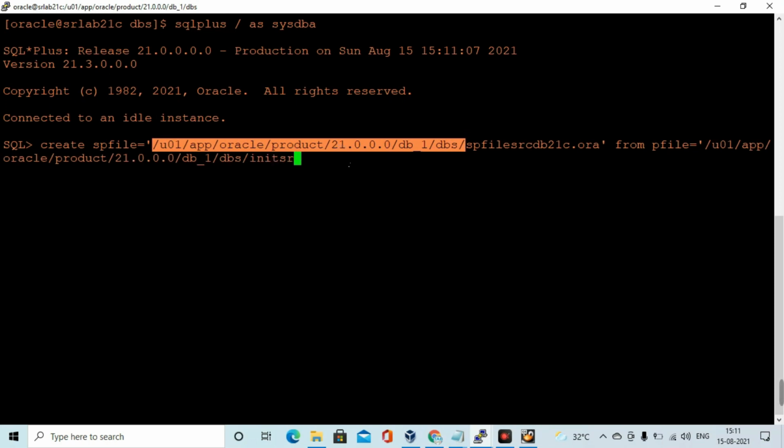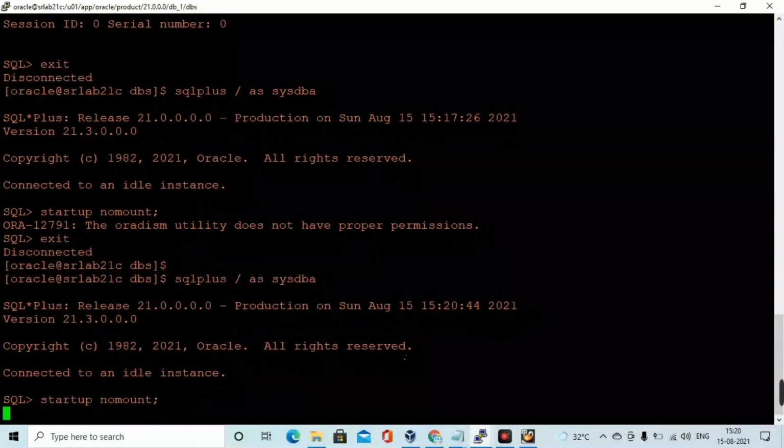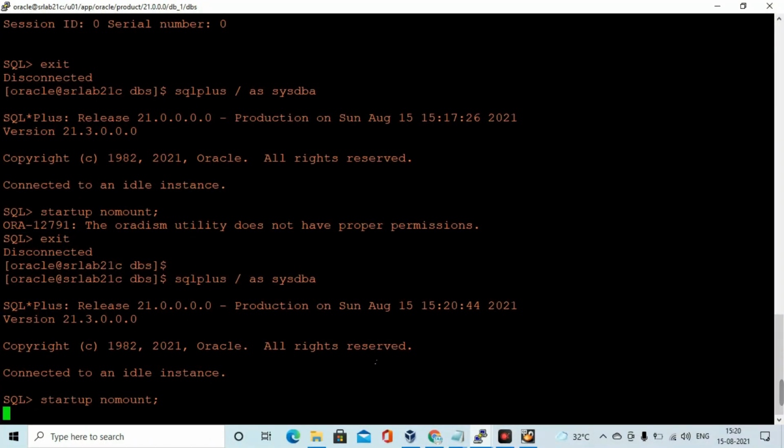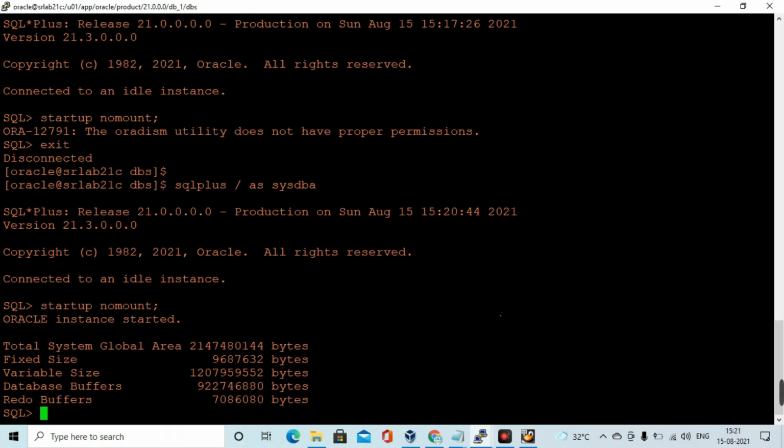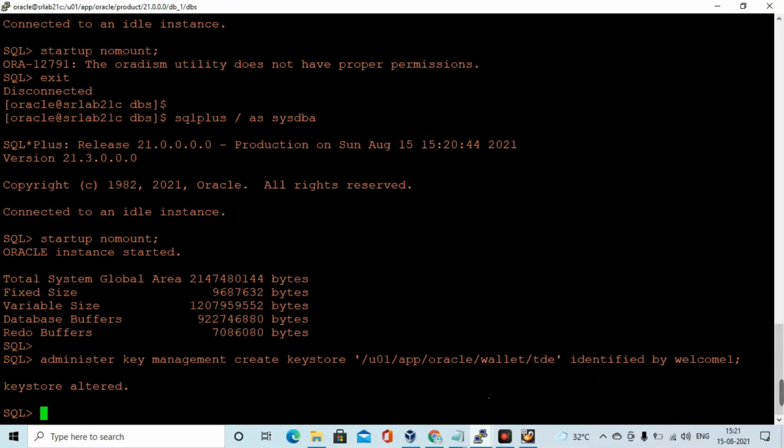So now I am going to create a database through that manual method. So let's see. I have already installed that RDBMS binary. Now I am creating the spfile from the pfile. I have already created the pfile. Through that pfile I am creating the spfile, and after creating the spfile I am starting the database in nomount mode. So you can see here